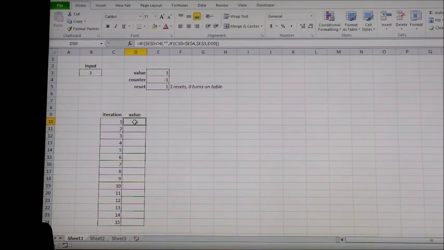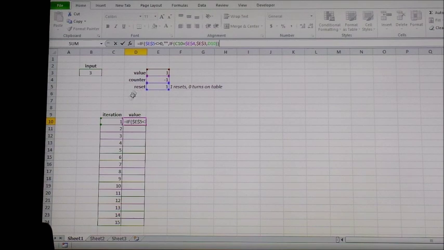And then for our second formula to input the values, again, it's looking at our reset button and looking for a 0 value. So if it's anything but 0, it returns a blank, which we've got here because our reset is 1. Otherwise, if our reset is 0, and that means our table is turned on, then it's going to look for the value. And then what this looks at is